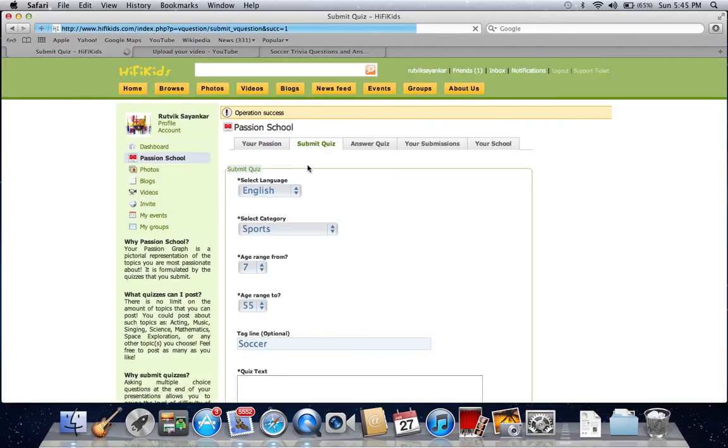And then it'll just say if the question was submitted correctly. After you submit the question, it'll go to our group of approvers who will approve it, see if the question's appropriate for that age range, goes into that category, and is in the right language. And after it's approved, you can see it in the answer quiz. If you want to see how to use the answer quiz, just go to my YouTube account,